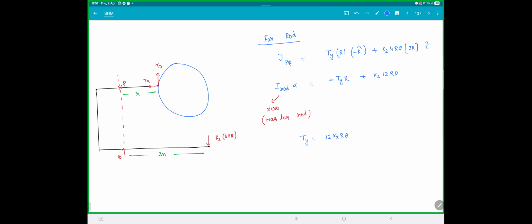Please have a look at this. This is your tension Ty. Got this? Now we will take this and substitute here. So now when you take this system here,